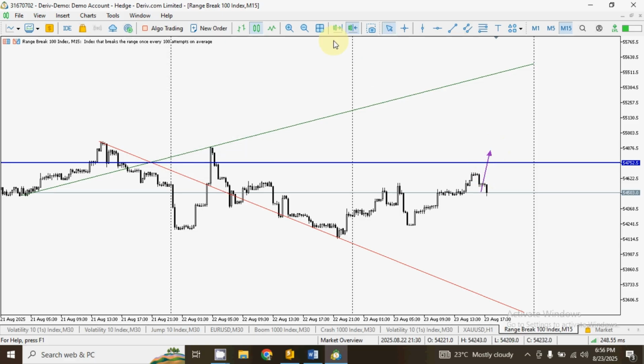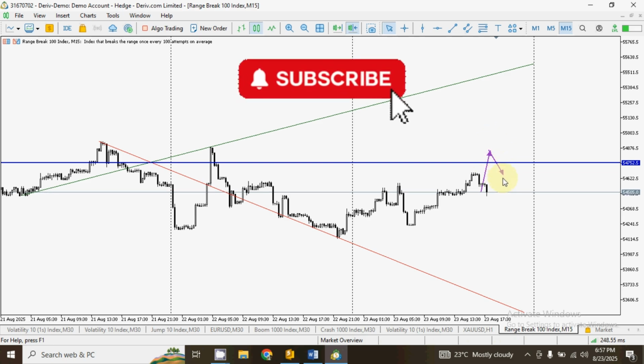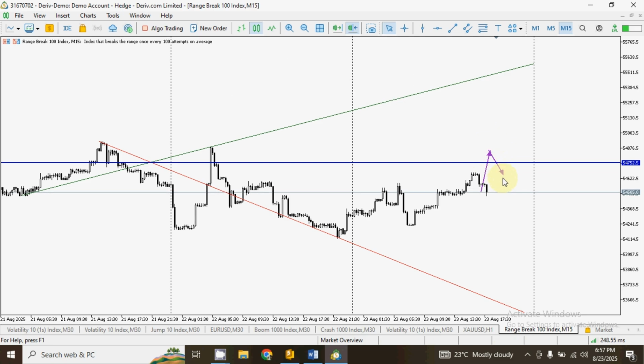Then wait again for the market to cross back below this horizontal line. Because we are waiting for a sell, the market must first cross above this horizontal line, then cross back down below it. But for this day, we are looking for a buy trade, which means we are just waiting for the market to cross and close above this horizontal line. Unfortunately, for this current day, the market has not gotten to that level. So let me look for another